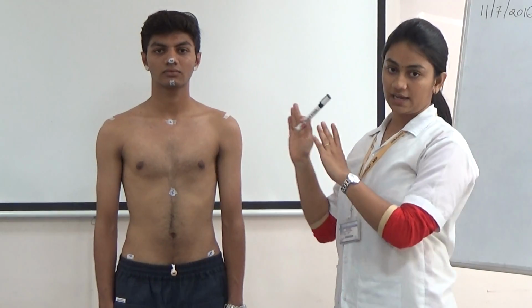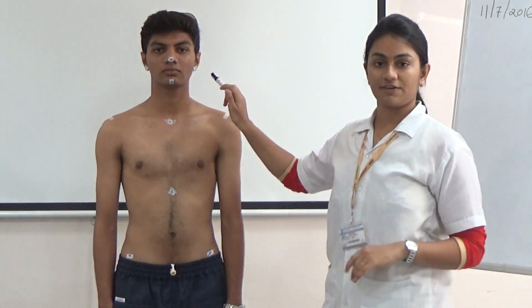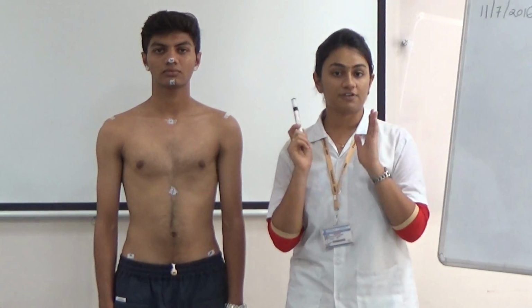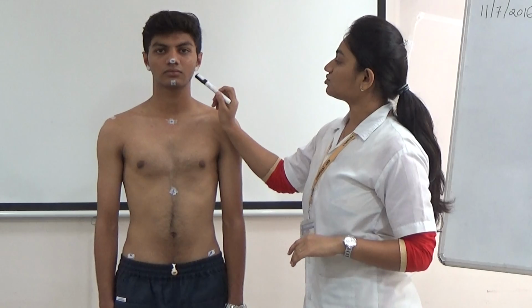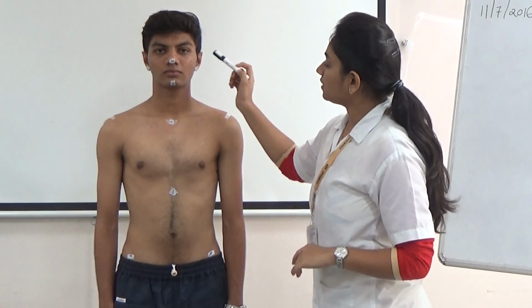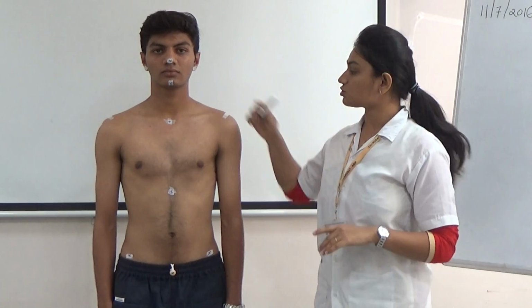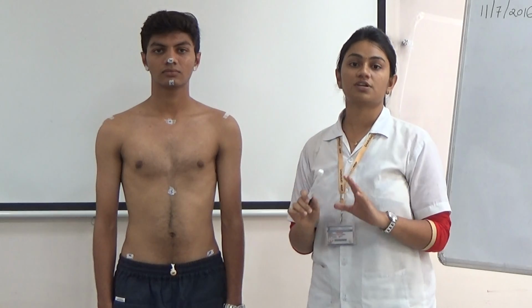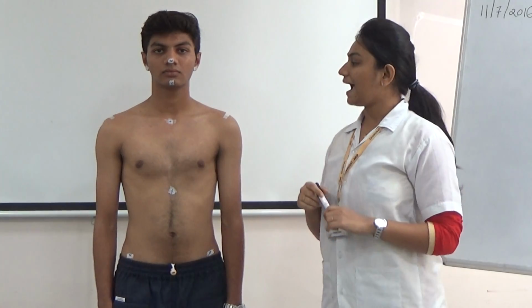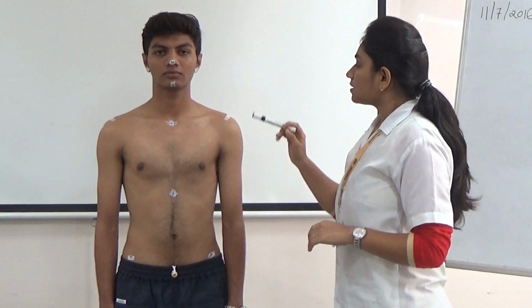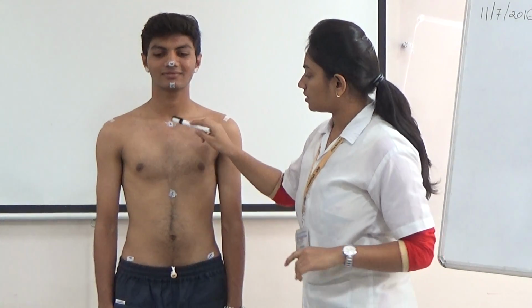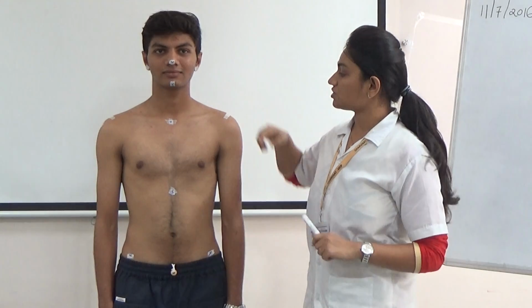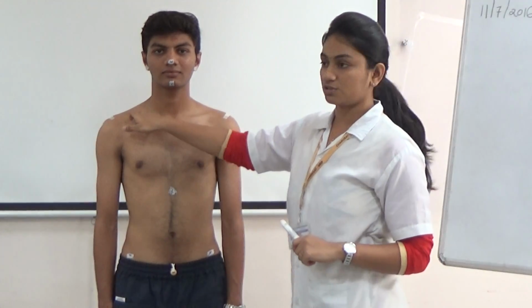Then we have to check from the head whether your earlobes are at the same level or not. We have to check the alignment of our head, if it is proper or not. We have to check the jaw line, and then move downwards to the slope of the trapezius. Here we have to see if either shoulder is depressed or the slope is reduced or not. Usually in a normal individual, the dominant side is a little bit depressed. Then we have to check the sternum and the ribs. Also check the contour of the clavicles on both sides.